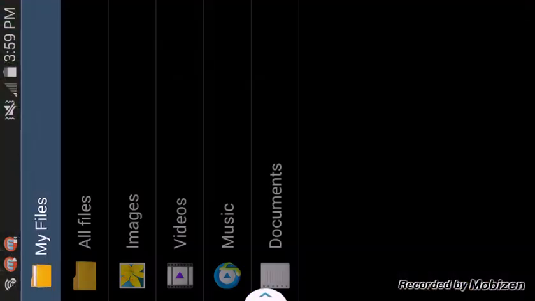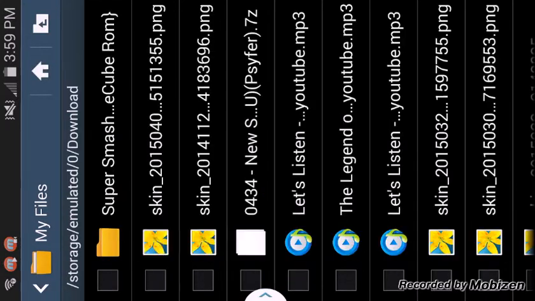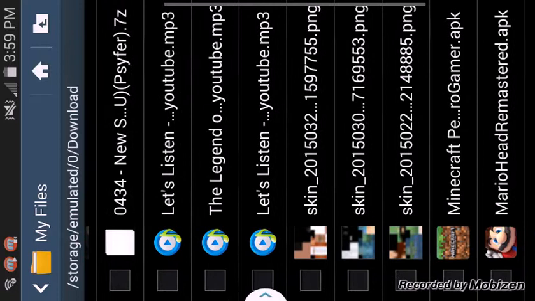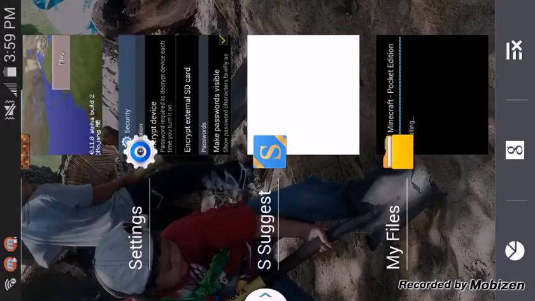Once it's done downloading, go to all files. When you download, it should be somewhere here. The APK file. Remember, you should have Android, and then this should show up. It's not supposed to look like that. It's only because I already have it downloaded. As you should say Minecraft Pocket Edition. That's what PE stands for.